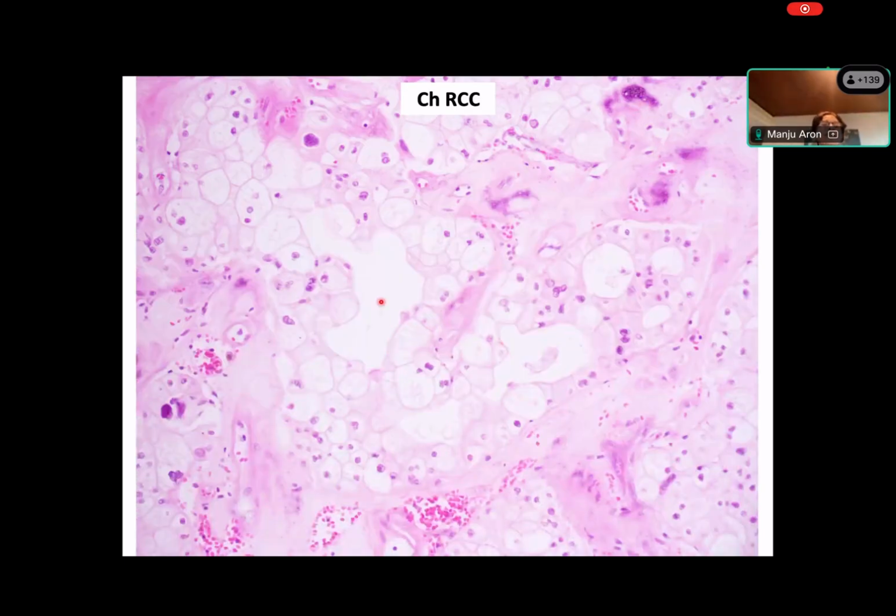There's also an example of a chromophobe RCC. You can see the nuclear features. You can see binucleation very often in these tumors. You can get large areas of hyalinization sometimes, especially in the center.